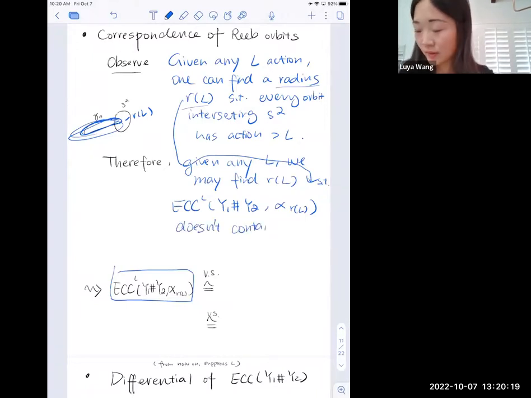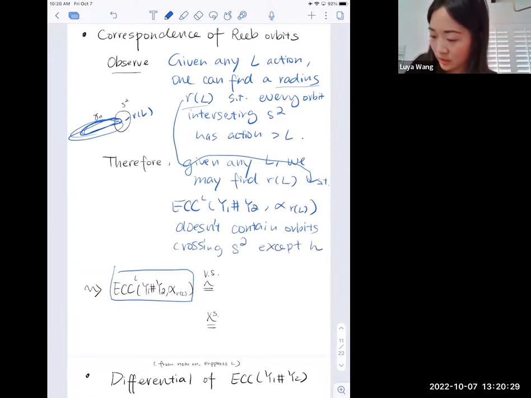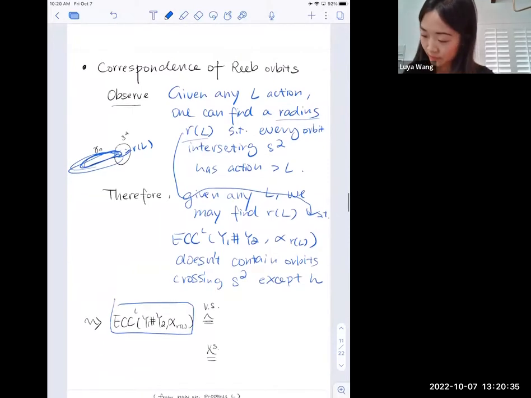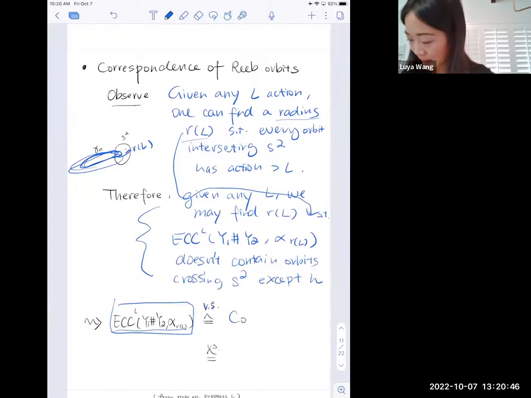This observation helps us decompose our ECH complex on the vector space level into orbit sets that don't contain the hyperbolic orbit